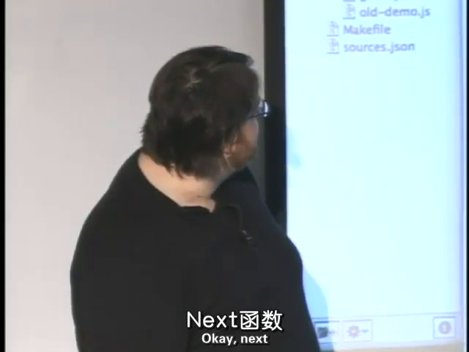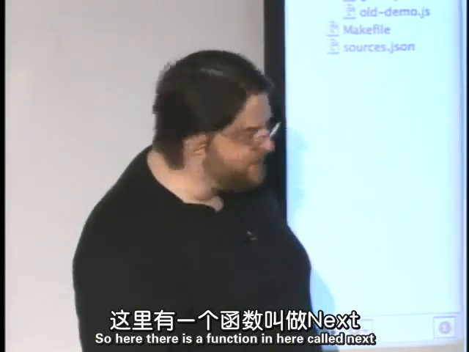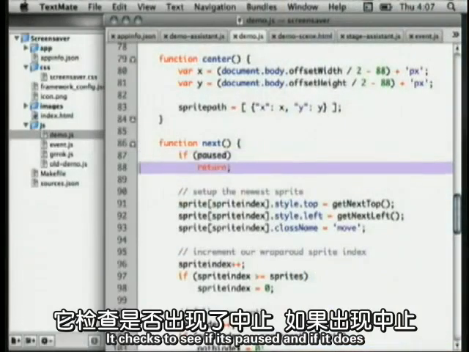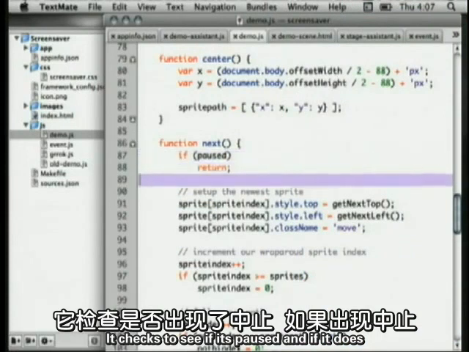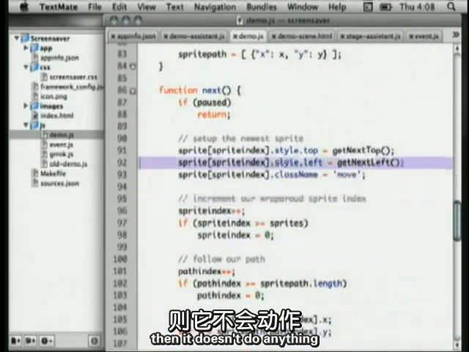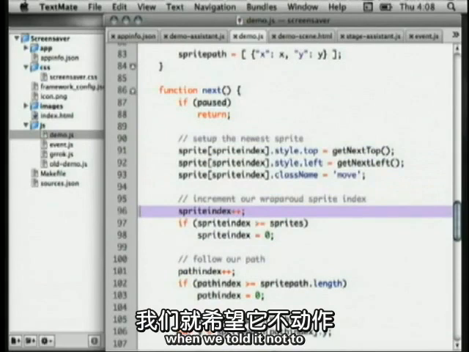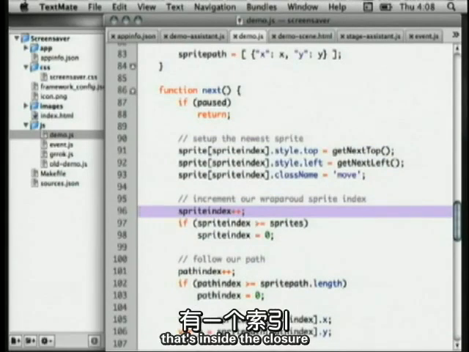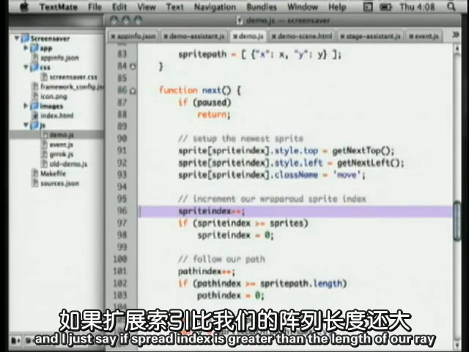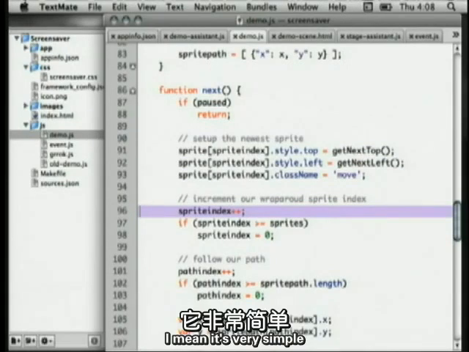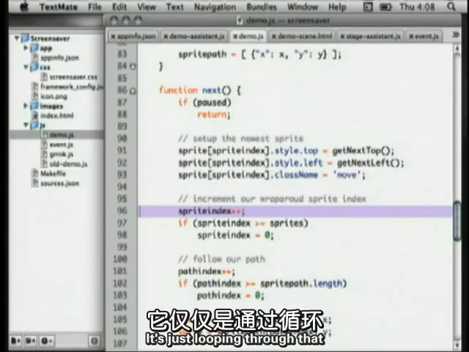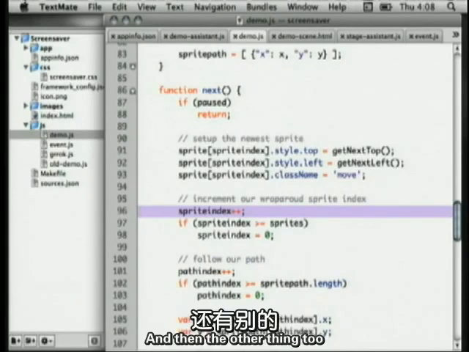Okay, next. So here's a function in here called next. It checks to see if it's paused. If it is, then it doesn't do anything. This is in case we haven't cleared our timeout, and it comes in here, and we don't want it to do something when we told it not to. Basically, I have an index that's inside the closure called sprite index, and I just say if sprite index is greater than the length of our array, then we start over at 0. I mean, it's very simple. It's just looping through that. And then the other thing too,